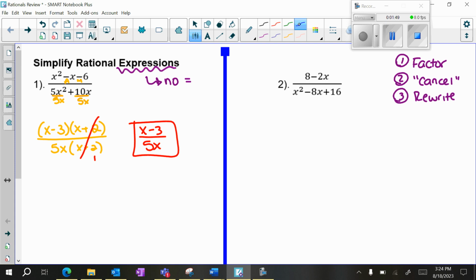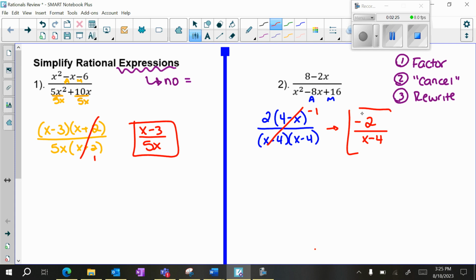For number 2, my numerator is a binomial with a GCF. 2 times 4 minus x. My denominator is going to be a trinomial for AM, x minus 4, x minus 4. Notice how these seem very similar, 4 minus x and x minus 4. They're the exact opposite. So you are going to divide or cancel them, but they become a negative 1. So this becomes negative 2